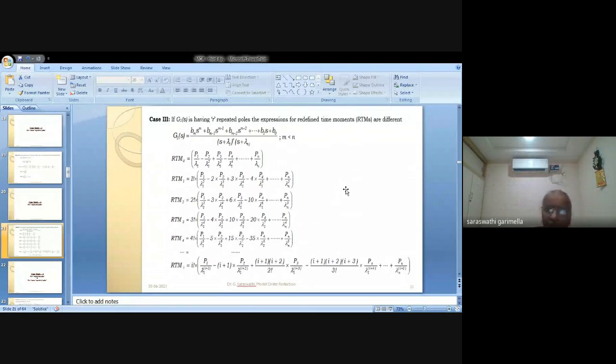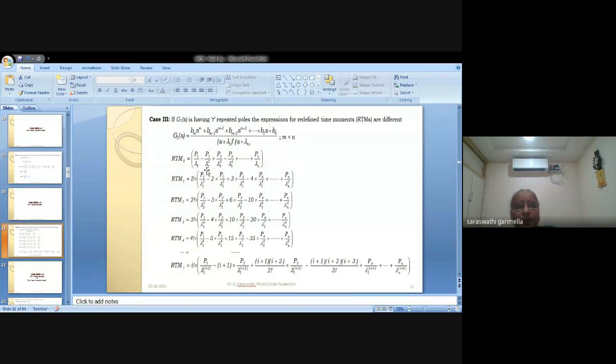In state space form, in time domain form, they consider these repeated poles separately, but here we are not considering them. So I thought we must consider them, and I'll show you later what the advantage of considering them separately is. So if you take lambda 1 poles like this and the remaining separate, R repeated poles are considered, and M is less than N here also.